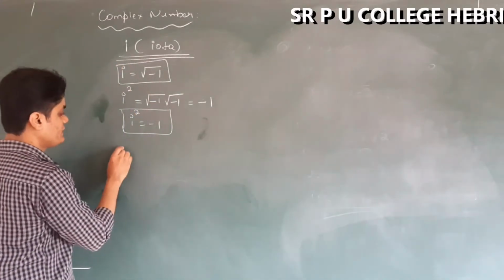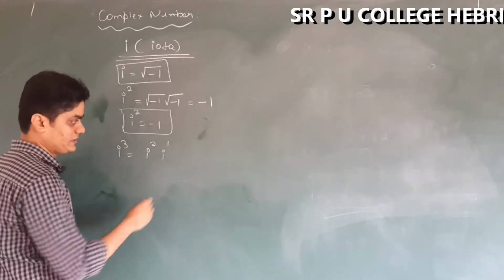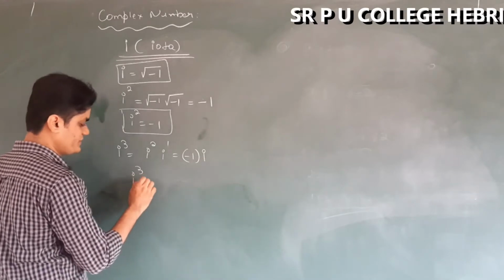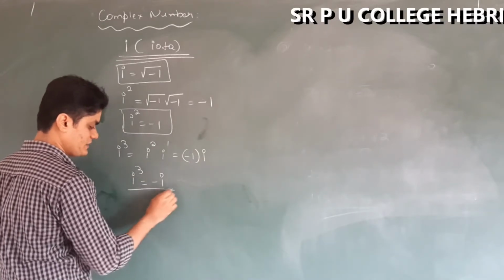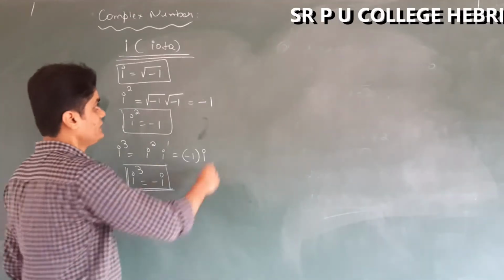Similarly, what is i cube? i cube is i square into i power 1, which is minus 1 into i power 1, which is minus i. So i cube is equal to minus i. Please remember this also. Now if I continue like this,